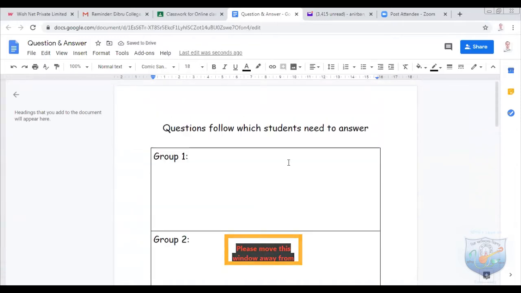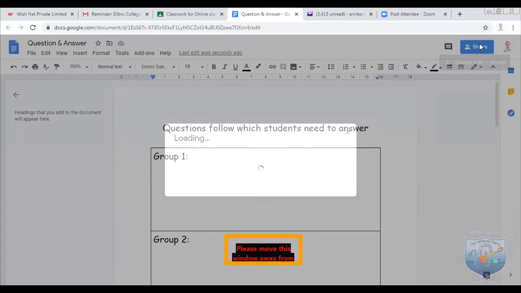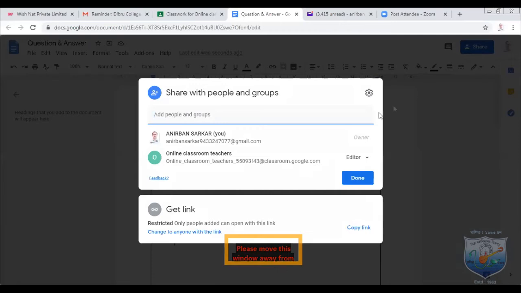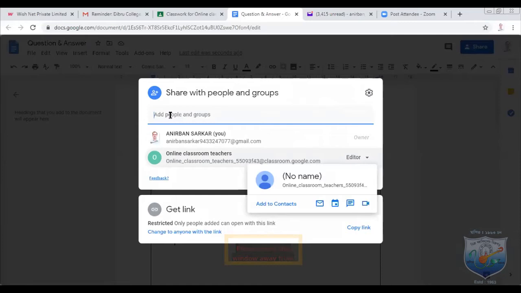Now what you can do is, this is a collaborative thing. Means if you share this link, groups will get it, and they will be able to type it here. And when they type these things here, you will be able to see. Suppose I am sharing this link. This is just for demo purposes. Okay. Now, here, what I want to do is, since I don't have email IDs,